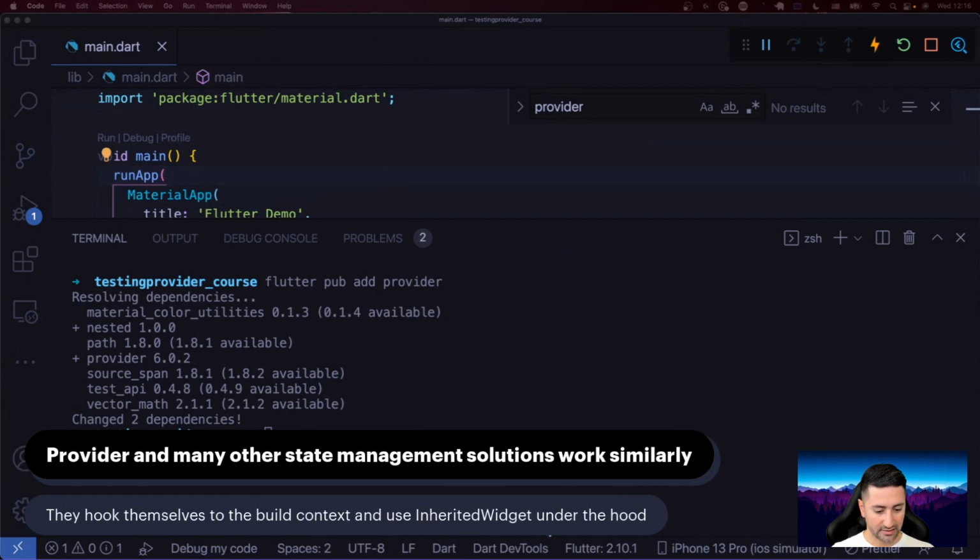As I mentioned in the beginning of this chapter, Provider, along with a lot of other state management solutions in Flutter, and also including the built-in state management in Flutter itself, work using inherited widget. And I've created a chapter in this state management course dedicated to inherited widget, which I really think you should go and watch, because it is a reason that I did that chapter before I did the Provider chapter, simply